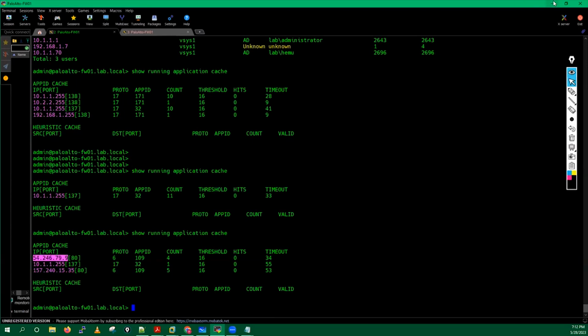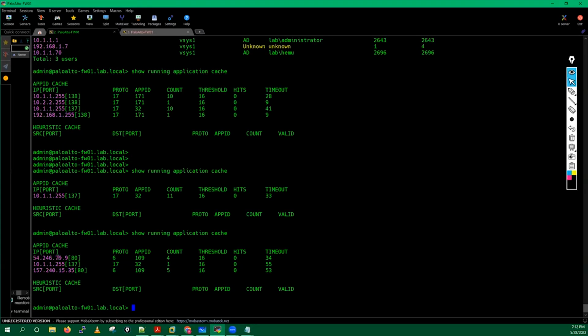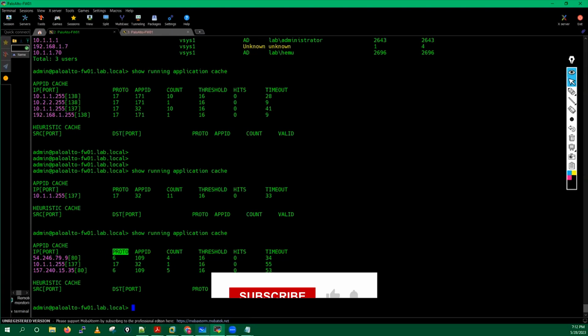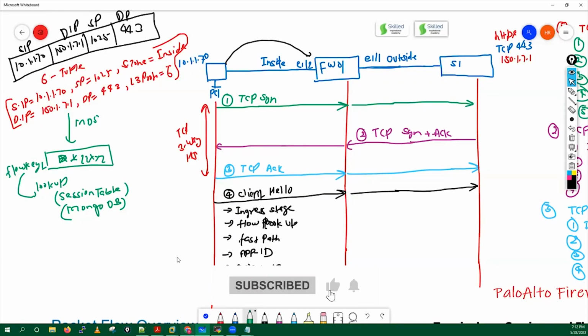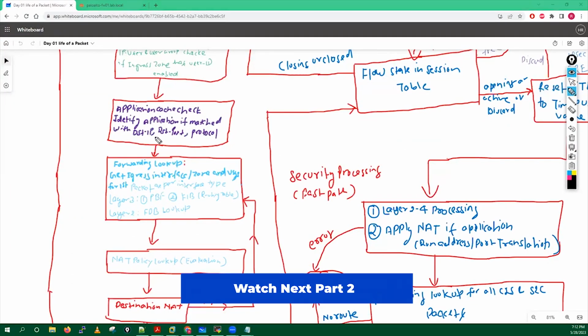Okay, just remember. Here you can see it will put the destination IP address, the destination port detail, and your layer 3 protocol number. These are the three values that it will generally store in your app ID cache. Let's go back here. When it does the lookup for the app ID cache, it will do the lookup on the basis of destination IP, destination port, and protocol. Now,